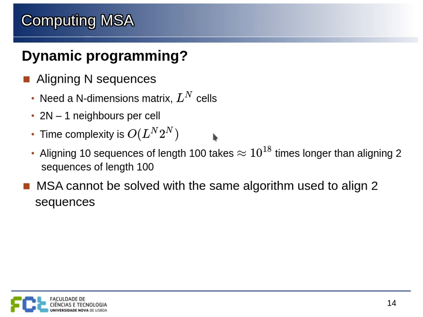We have a huge matrix if we have even a modest value for n, so we quickly go out of the available memory. And basically this means that if we need to align 10 sequences, it will take us about 10 raised to the 18 times longer than 2 sequences of this same length. So since the time taken for computing this, even with dynamic programming, increases exponentially with the number of sequences, we cannot really solve this problem of aligning multiple sequences using the same approach we did before.